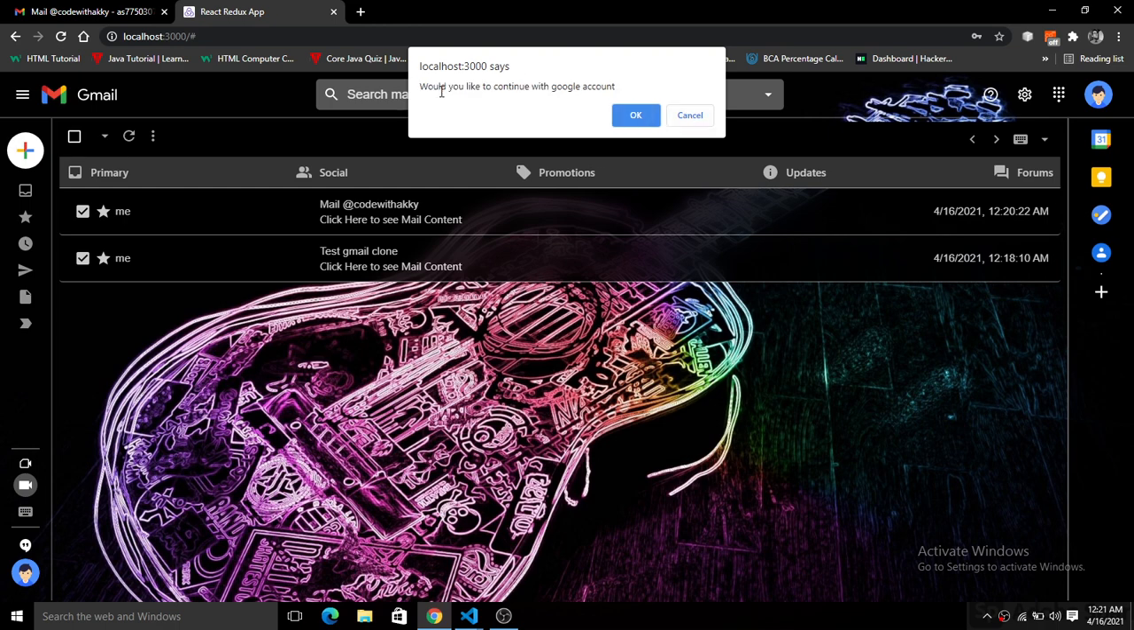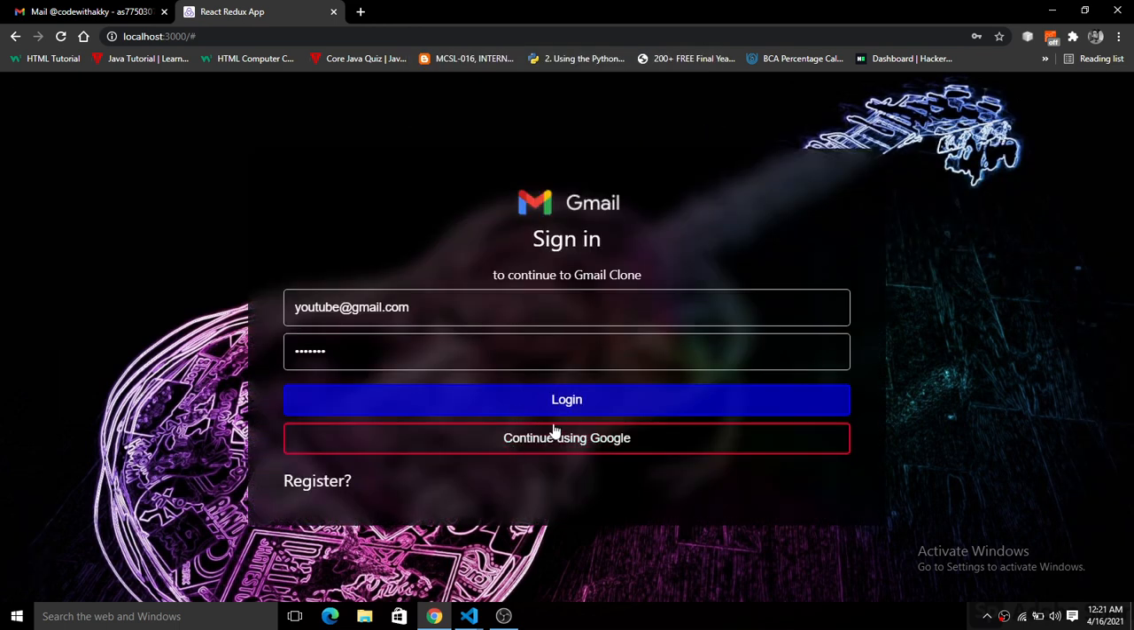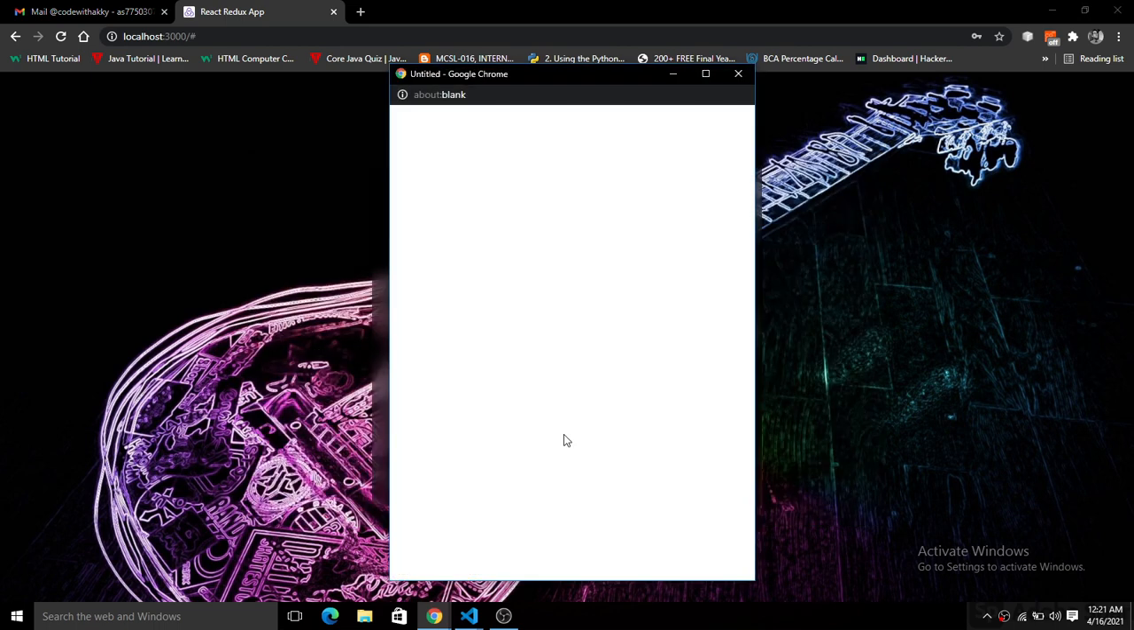So it just asks you, would you like to continue with Gmail account? When you click on this, it will simply log out from there, and now it will ask you to log in through the Gmail Google account. So I'm going to click on this continue using Google, and now you can see here we have a